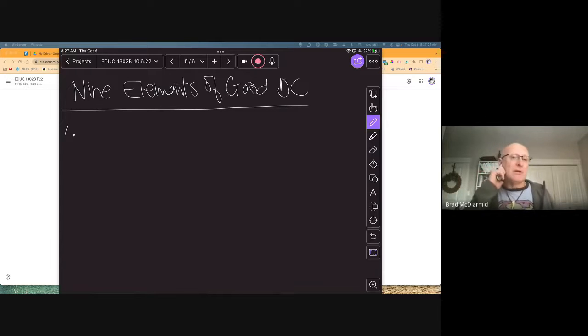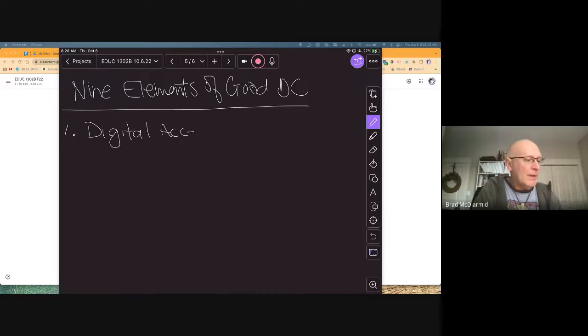These are in no particular order. If you were to search on your search engine for the elements of being a good digital citizen, you're going to find a wide array of things, but also a lot of similarities. I've chosen this list because I think it covers all the bases we need to cover. And if there's anything else you can think of after the 9 things, we could add it to the list. Okay, so the first one is digital access.